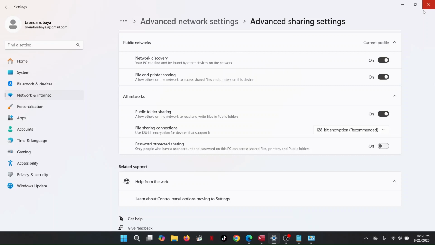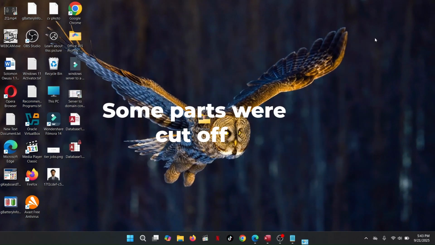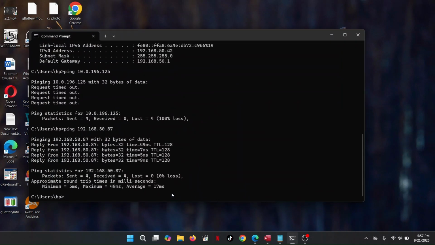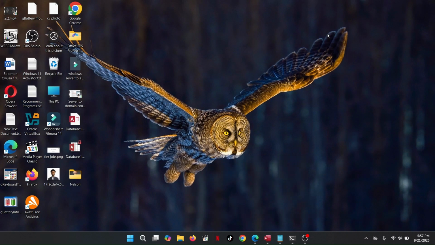sharing this folder. So any computer connected to this network will be able to access these two files I have just shared. But I need to make sure the computers are communicating. So now that you have made sure the two computers are actually communicating by pinging the first computer from the second computer,